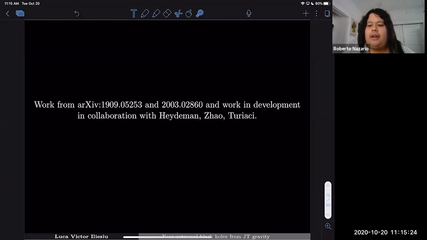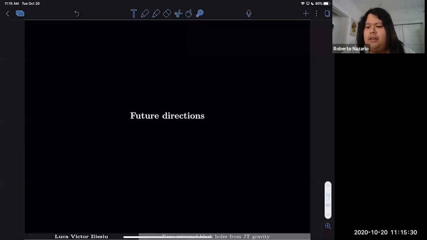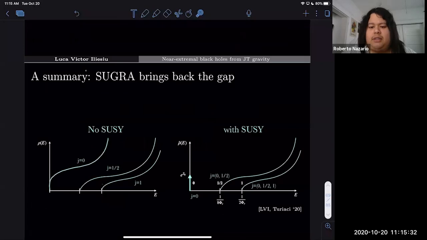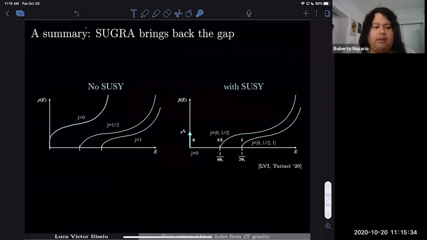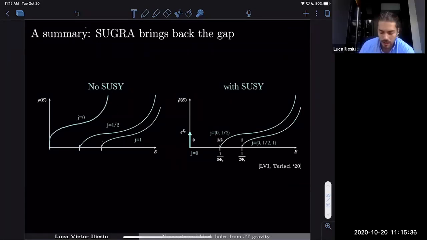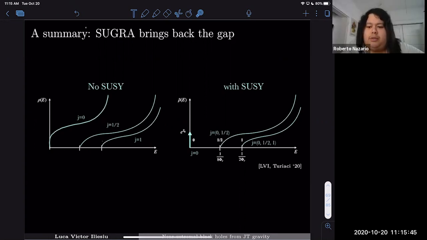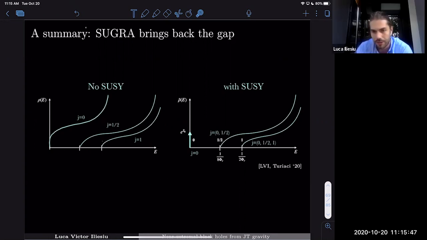I just had a quick question. There was a slide near the end where you said j equals 0, j equals 1/2, j equals 1. And what units is this in? Well, this is literally the quantized angular momentum of the black hole. I see, so probably like h bar? H bar, yeah, h bar units. Okay, all right, thank you.